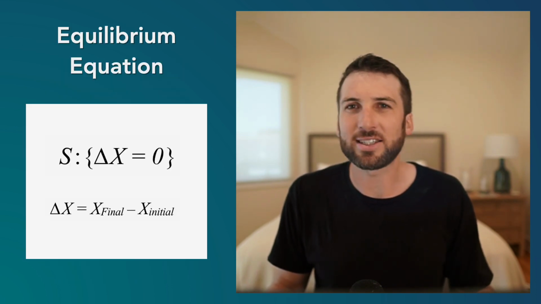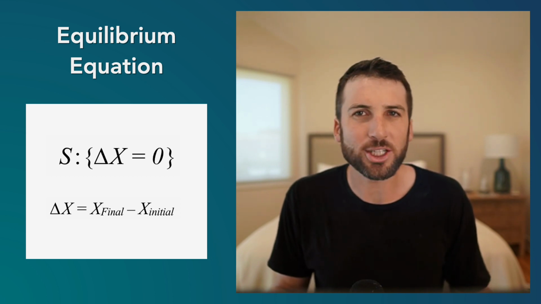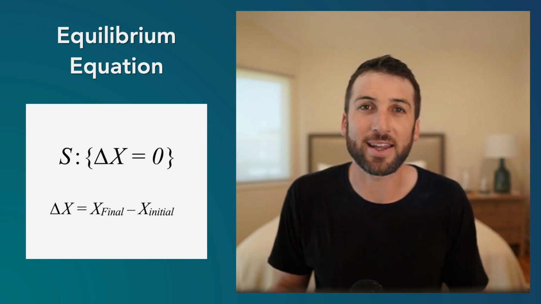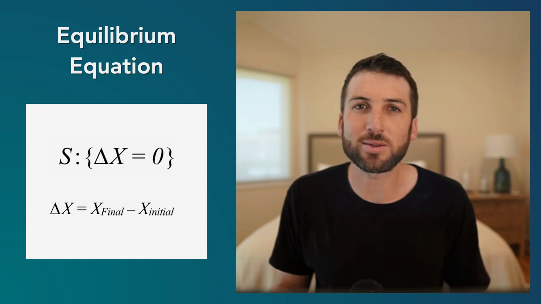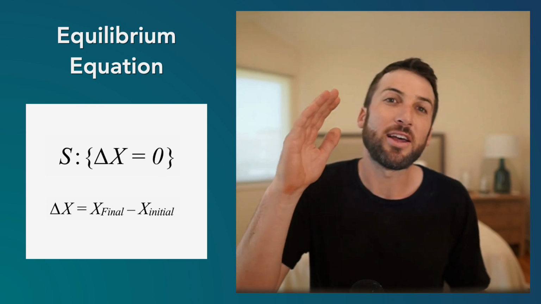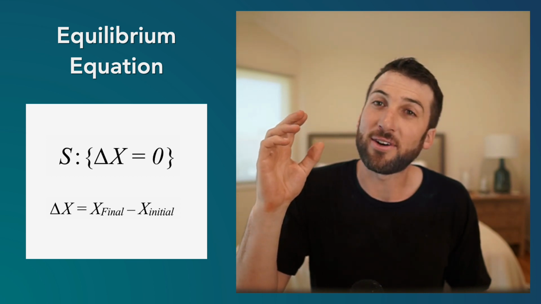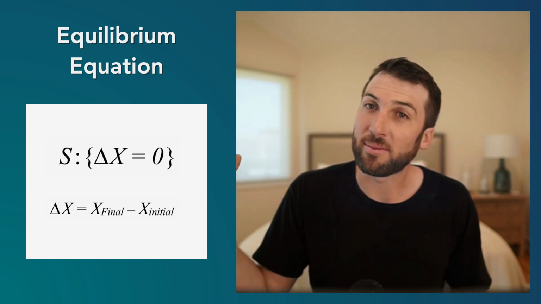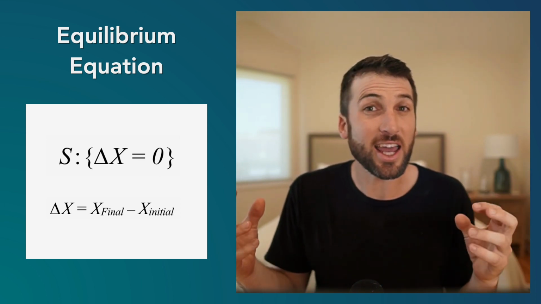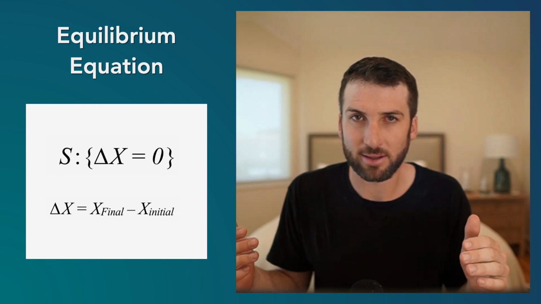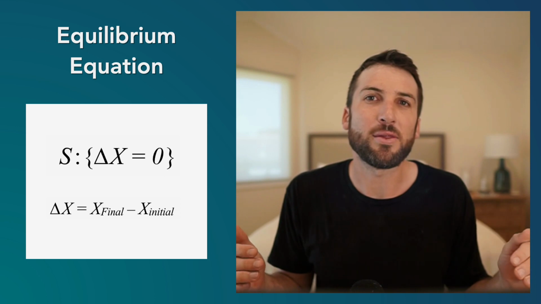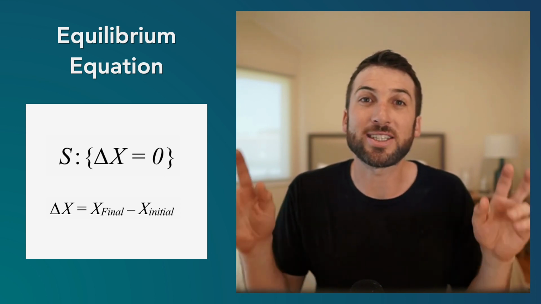So what is a system in equilibrium? One equation that can be used to understand this is to consider a system that follows the equation that the change in a quantity x equals 0. Now the change in a quantity x can equal x in a final state minus x from an initial state. So when the final state and the initial state are the same, there'll be no change in x. Now sometimes x can grow, sometimes it can decrease, but when it's the same, the change in this quantity is what we call an equilibrium.